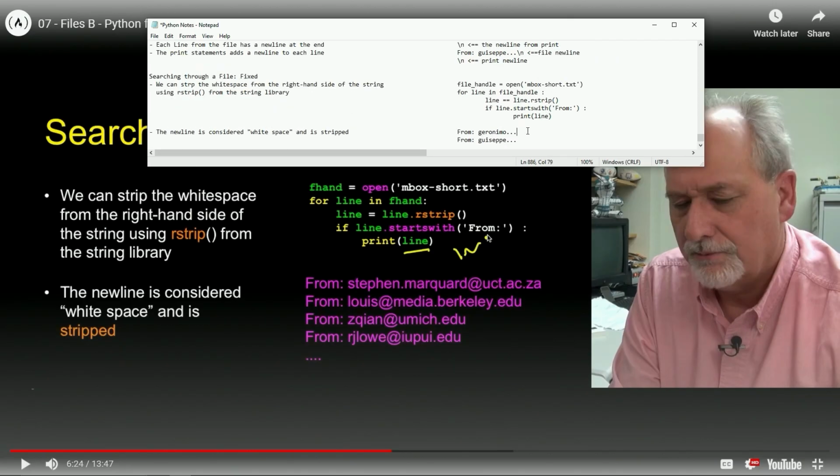And then these are where the new lines are right here. There's a new line here, and there's a new line here, but these are going to be the new line from print, and this is also the new line from print. New line from print.